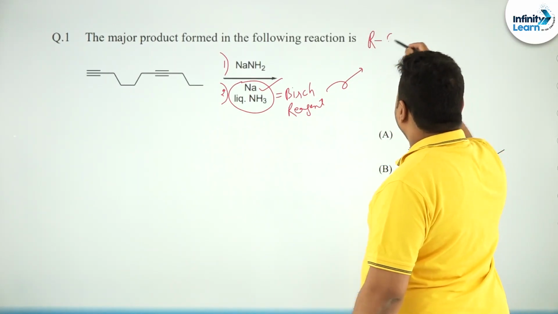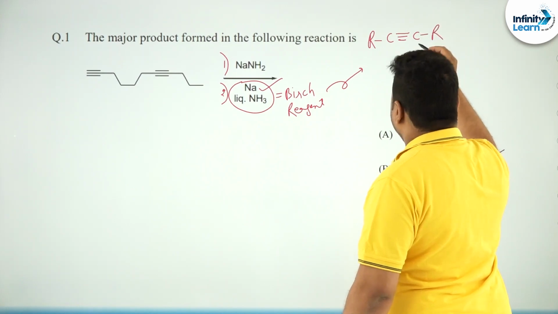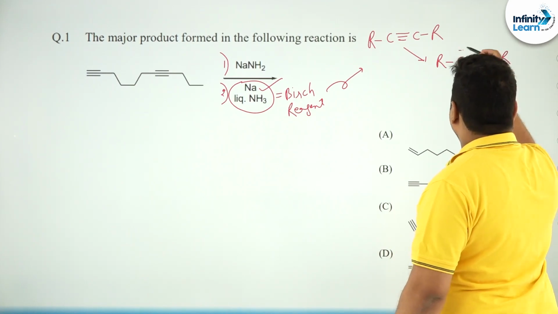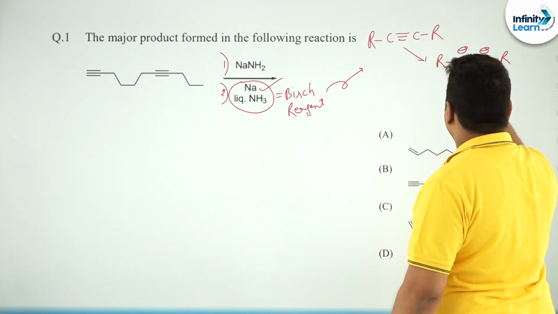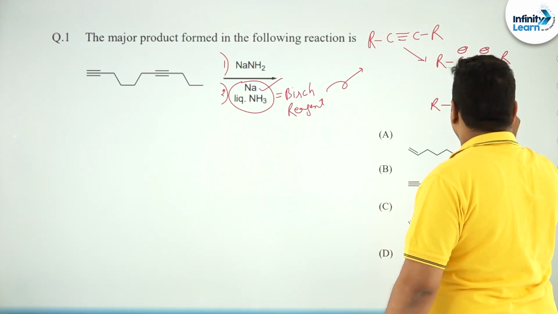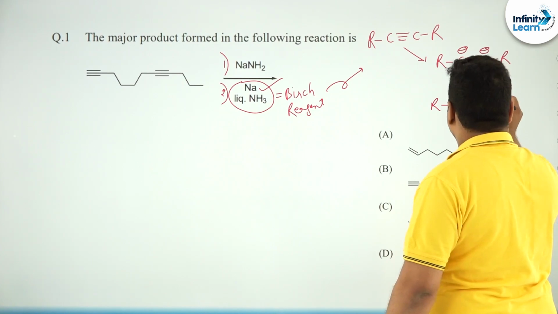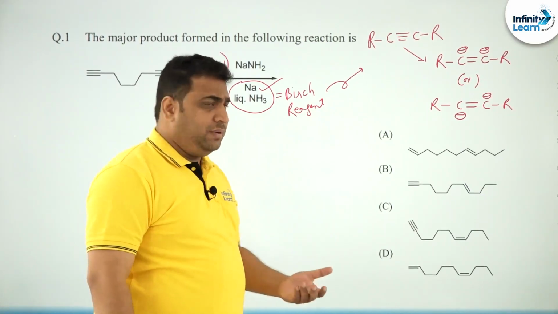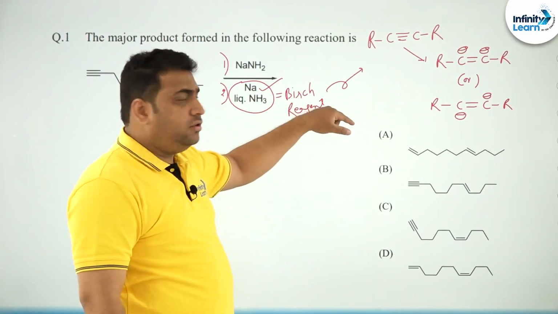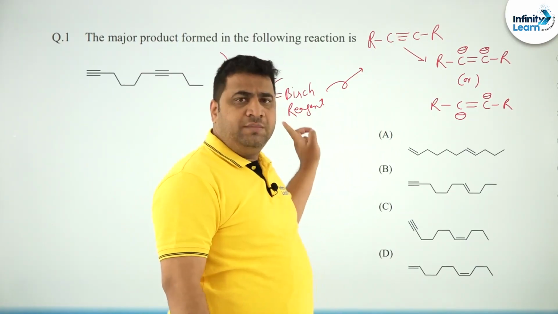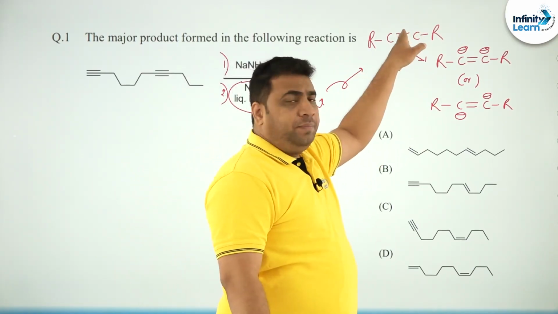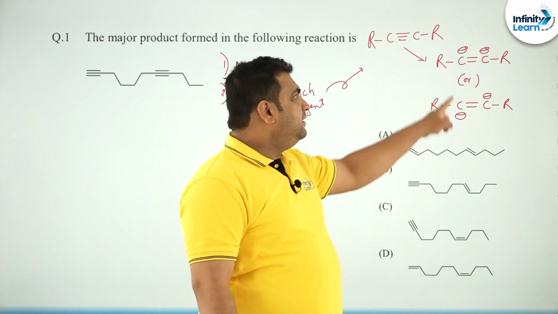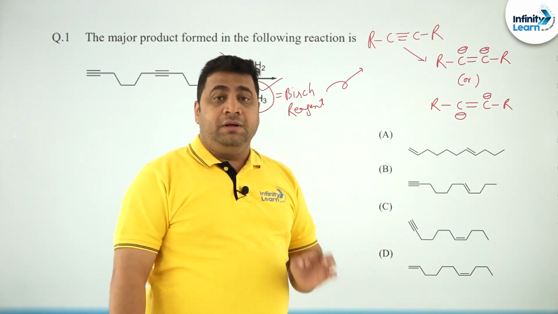So, what is the function of Birch reagent? The function of Birch reagent is, whenever you treat any alkyne in presence of Birch reagent, you are going to get a dianion, which you can write like this, or which you can write like this also. So, you can see from where the dianion is formed. Very easy. If you want, I can teach you the mechanism. Simple it is. Sodium will give electrons and the triple bond is broken. 2 sodium, you take 2 electrons, and the pi bond will give 2. Total 4 electrons, 2 there and 2 there. Pack up. Now, dear students, this intermediate is called dianion, which is the intermediate of Birch reagent.